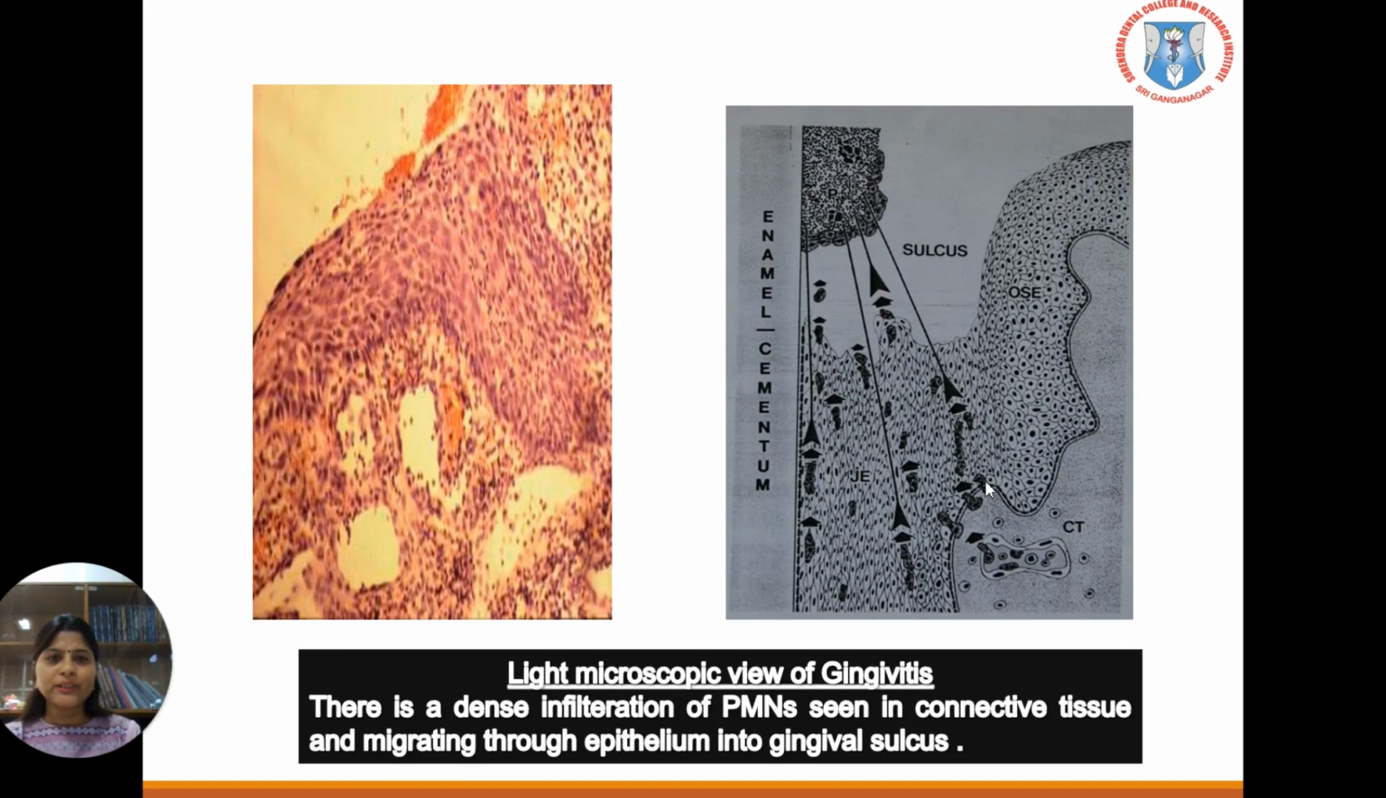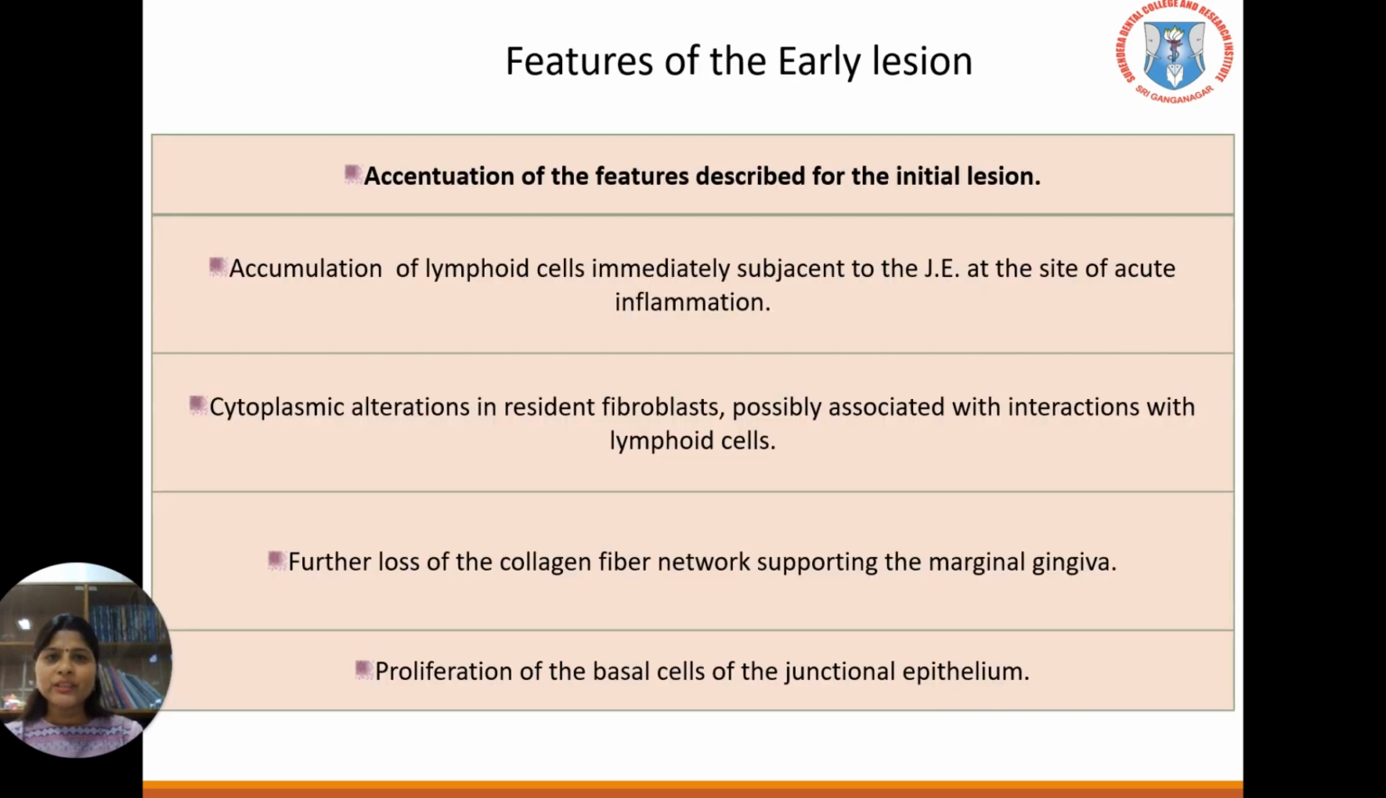This picture shows the dense infiltration of neutrophils in the connective tissue, migrating through the epithelium into the gingival sulcus. Now, it is not that the neutrophils will not be present as seen in the initial lesion. In the early lesion, along with the neutrophils, the lymphocytes are the predominant cells during the second stage. So, features of the early lesion include the accentuation of features which were described in the initial lesion, then accumulation